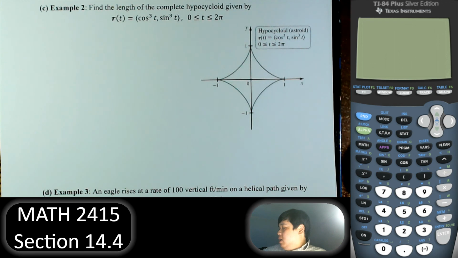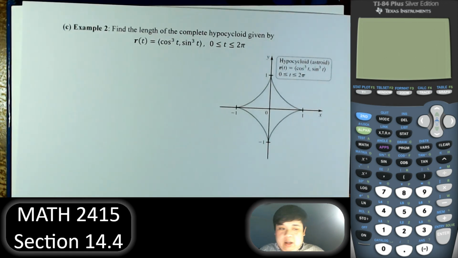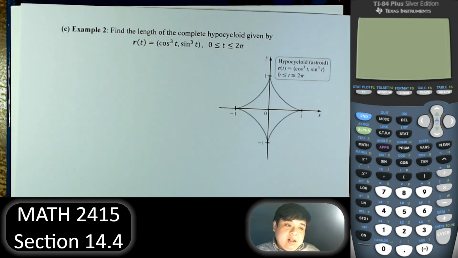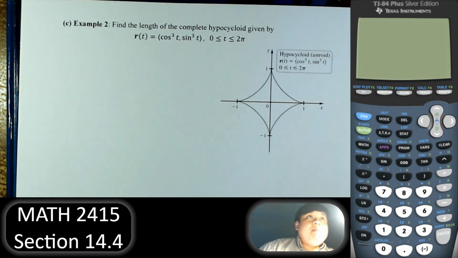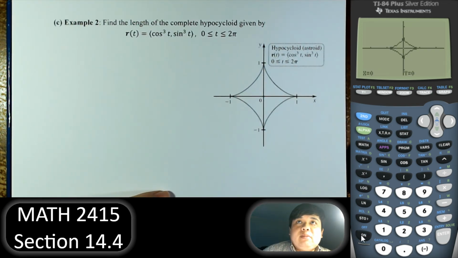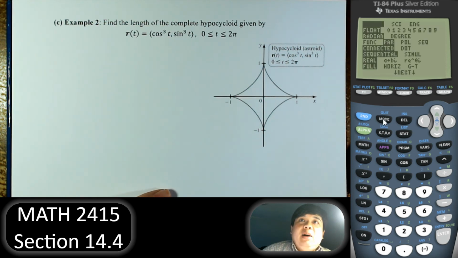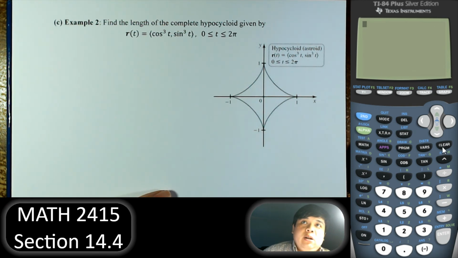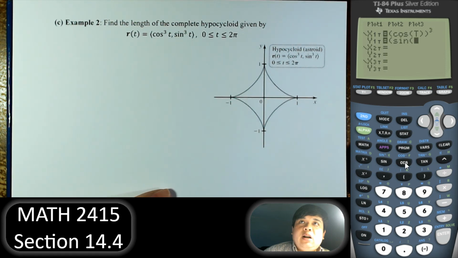Next, we have to find the length of the complete hypocycloid. Not sure if we can do this yet, but let's just graph it. Actually, I graphed it earlier. Mode, make sure that it is in parametric form, and make sure that it is in radian mode. And then we type. Let's do that again. Cosine of t cubed, sine of t